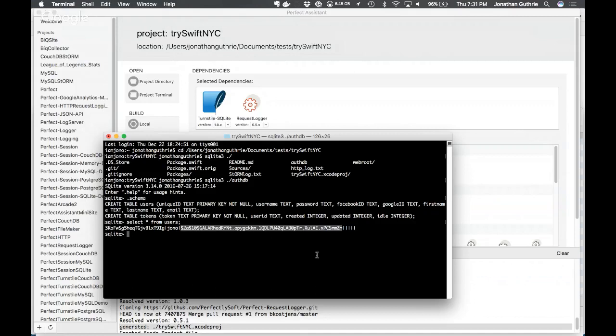If I select star from tokens, you'll see that once again we've got a session ID, a user ID, and a couple of things: a created integer date, an updated integer date, and an idle time expiry.